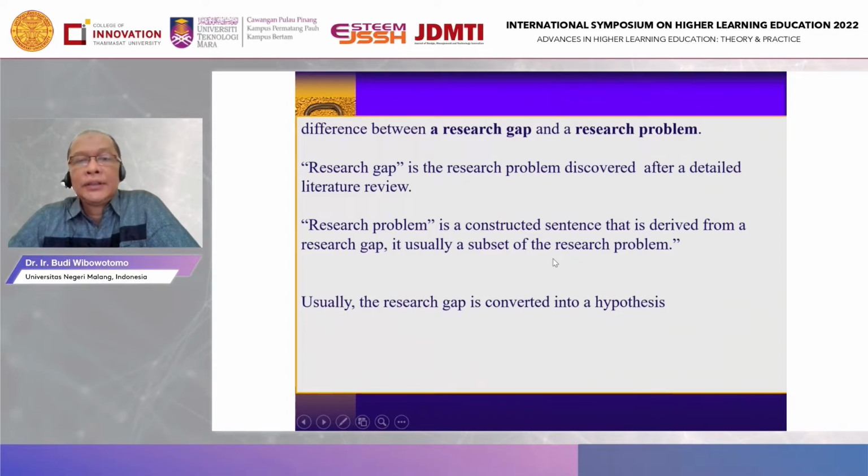This is an example of a constructed sentence that we can write in the research problem. So research problem also can act as a hypothesis in our